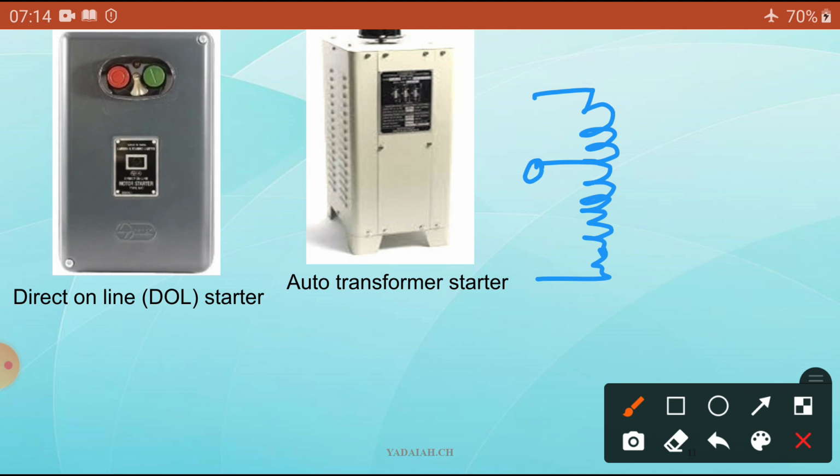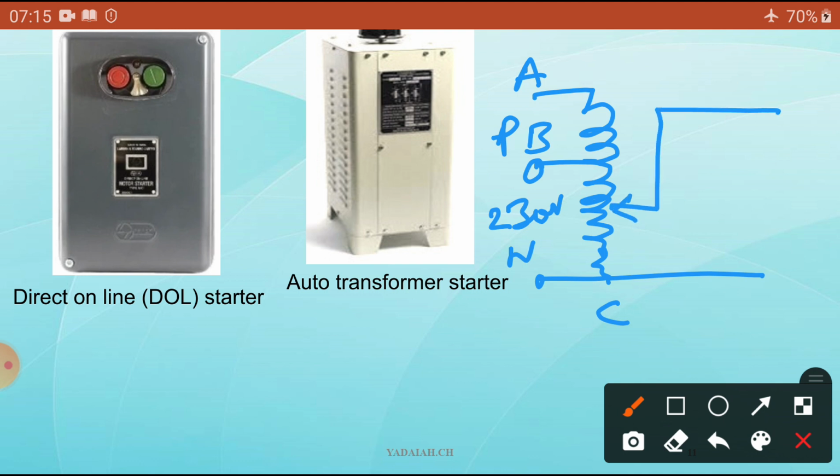So here I am going to the phase, here going to the neutral. So total turns, maybe here you can see the 230 volts here going to here. So here this is common, this is C. Dear students, while using the auto transformer, there are terminals. Okay, what are the terminals? This is the A terminal, this is the B terminal, and this is the C terminal, whereas a variac should be the E terminal. You remember this thing, terminals.